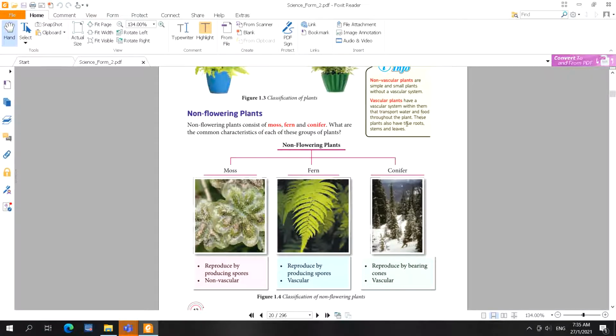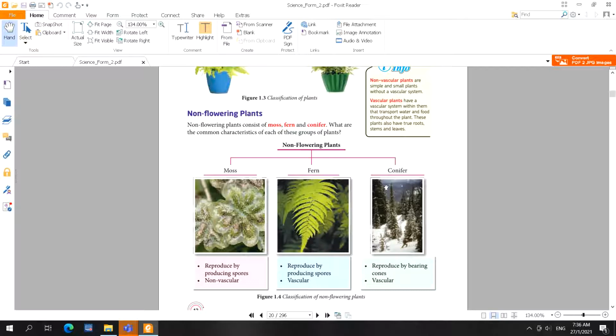This plant also has true roots, stem and leaf. Moss does not have true roots, stem and leaf, but fern has roots, stems and leaf. And they have a system, xylem and phloem, to transport water and also